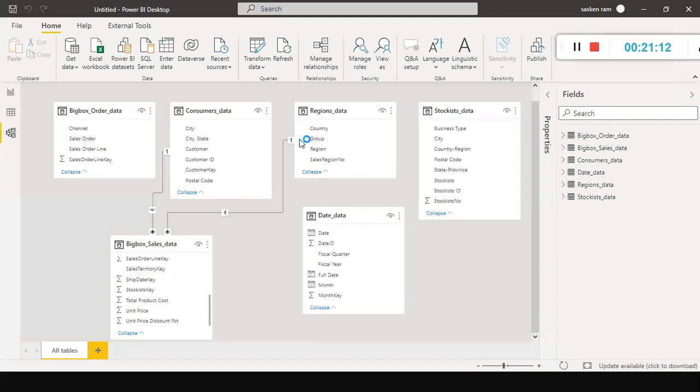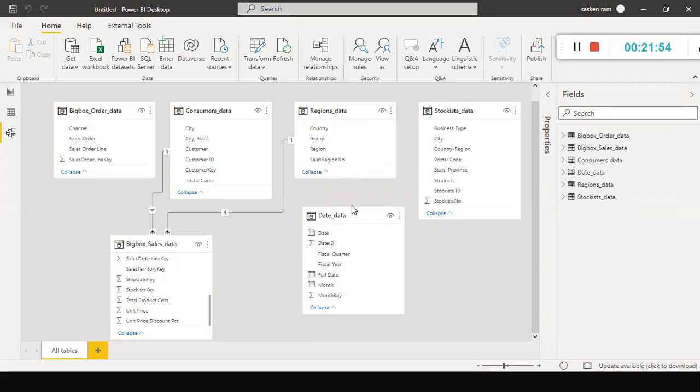So you might be asking, do I have to drag and drop? You don't have to. Another way of creating the relationship between these two tables. One way of creating the relationship is you can drag and drop the columns, but you should be very clear which column is the common column between these two tables. Let's say I have the sales territory key column available here, and here also the sales territory key column name is available. Hence I can drag and drop it.